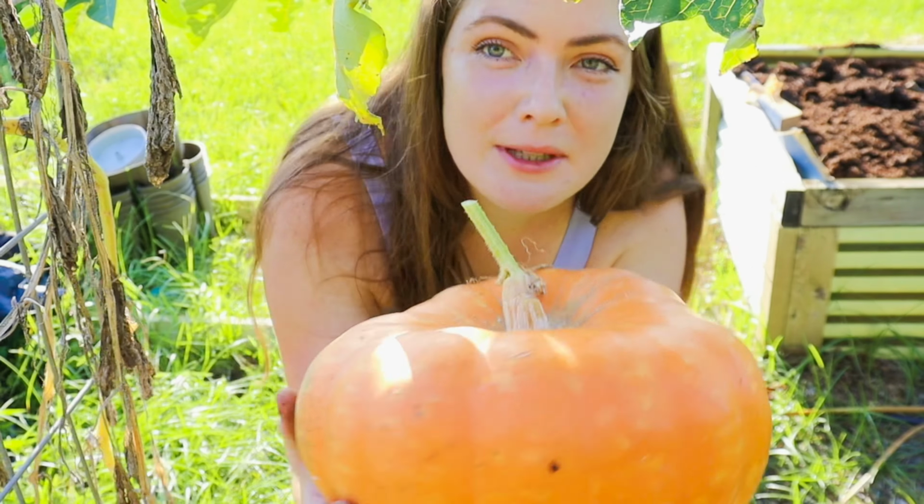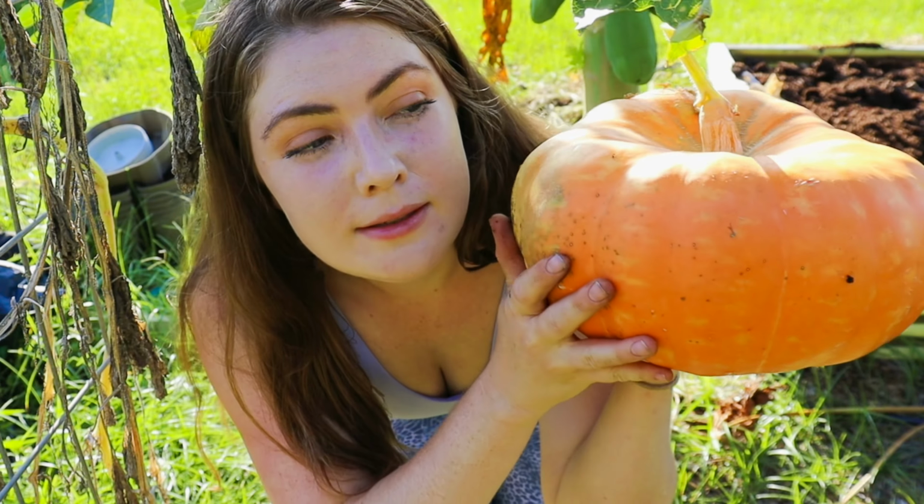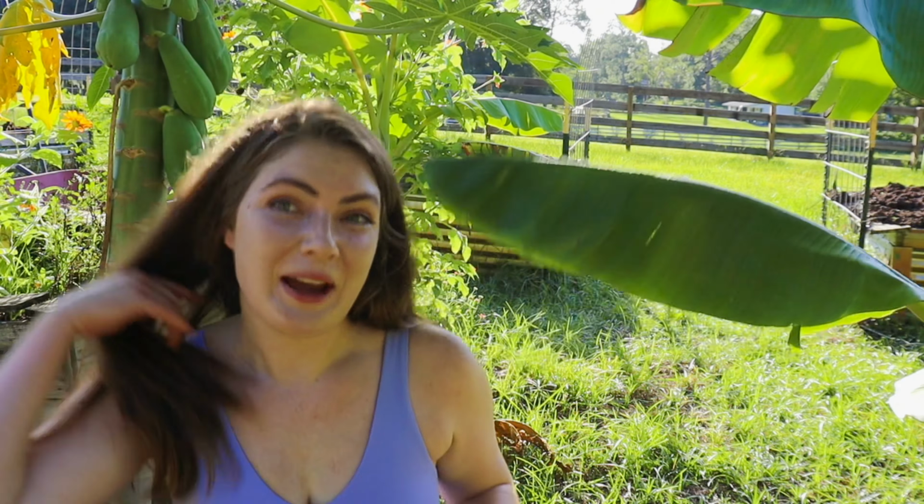Perfect. This one is like my biggest, best one so far for my Cinderella pumpkins. I'm definitely growing these next year. Okay, I'm at my